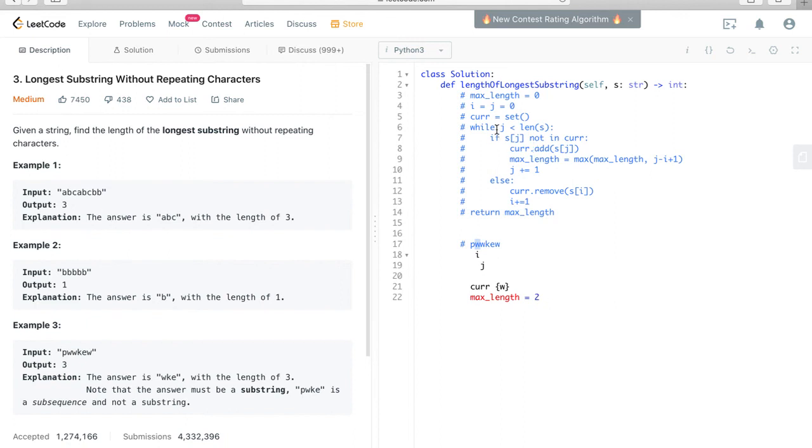Now we go on. If s[j], which is W, is not in current, again, it's in current. So we will go to this branch. Remove s[i], which is the W. So we'll remove it, and we have an empty current set. And we increment i by 1. Then we go to the next one. If s[j], which is W,